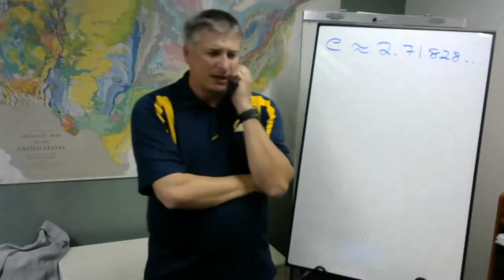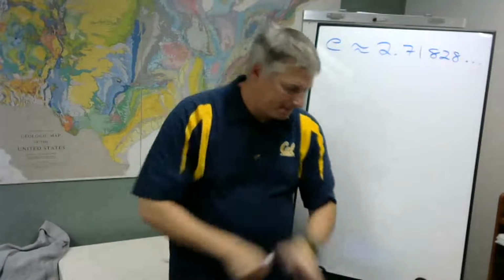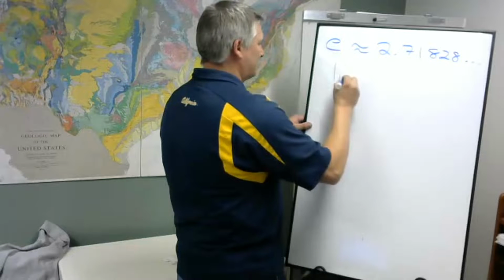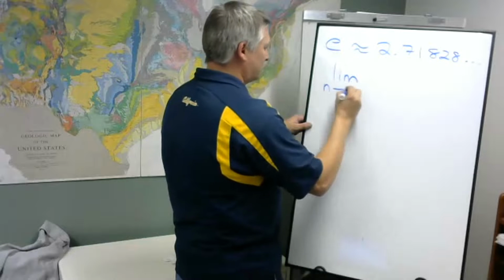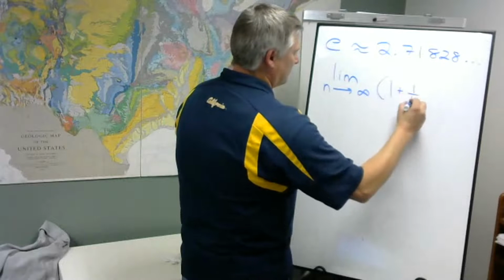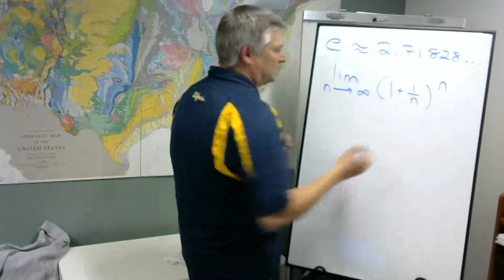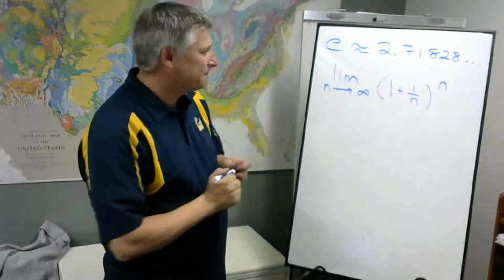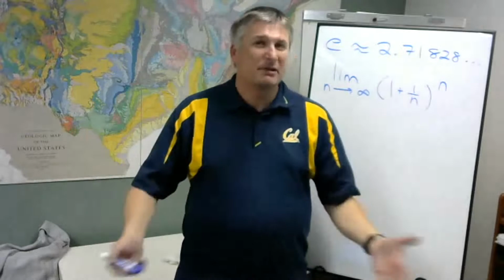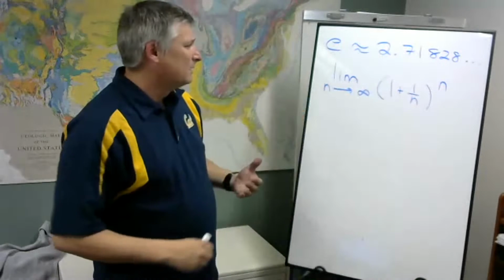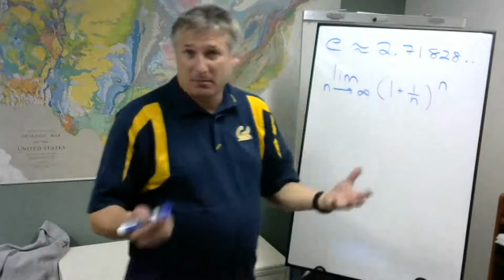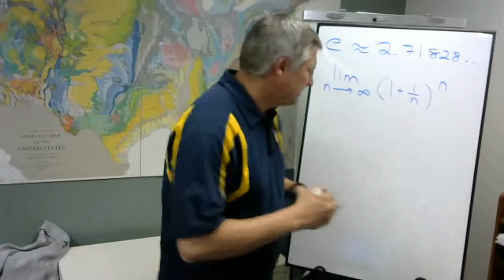Now, where this comes from, it comes from something that we call a limit. And the idea of a limit is an idea you'll get in calculus. But basically what it says, as n becomes bigger and bigger and bigger, eventually this is going to settle on some number. So you could experiment with this. For example, if we let n